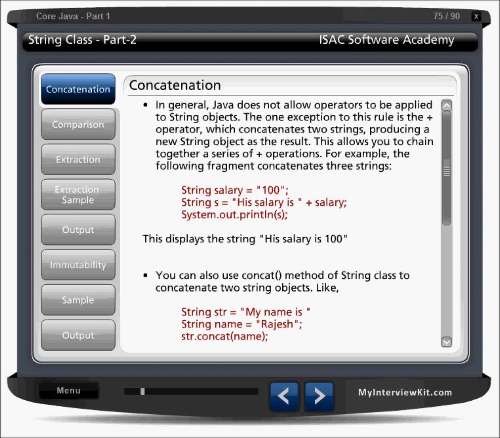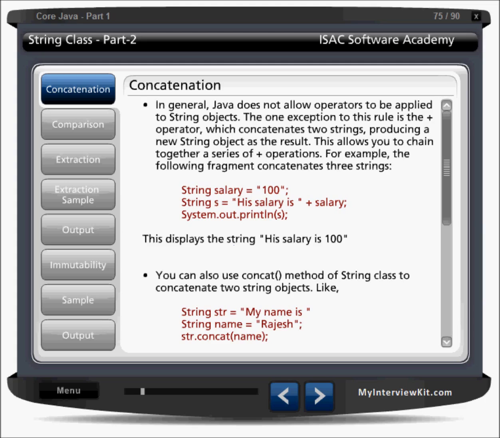Look here, I have a string salary, 100, and a string s, "his salary is" plus salary. There are two objects, salary and s.